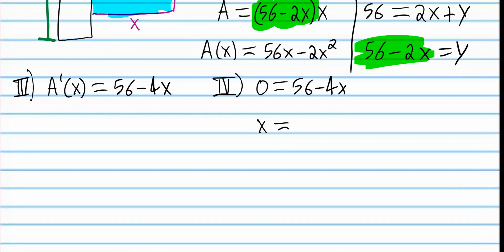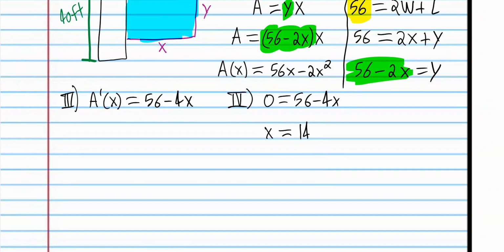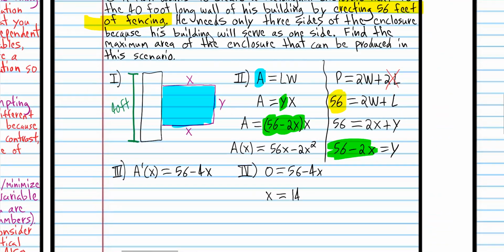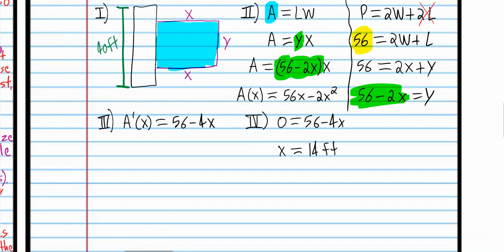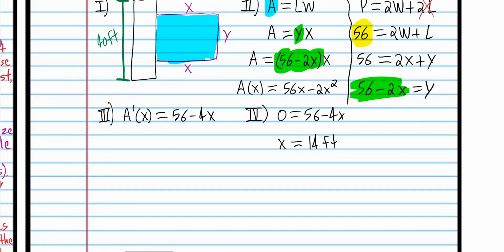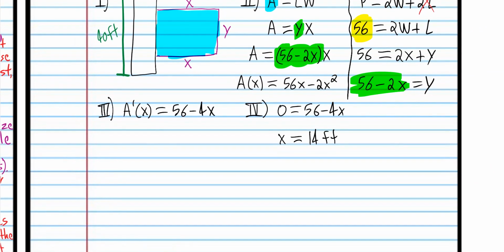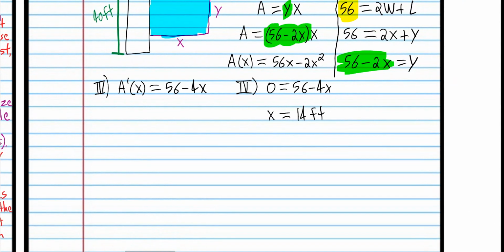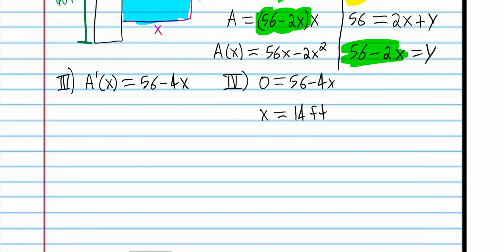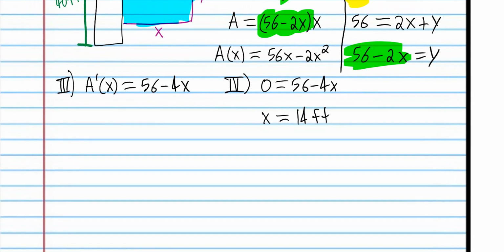So that's going to be 14 if we solve that equation. And this is 14 feet. I don't think it's really necessary to write units at this point, but we just want to be sure that we understand what we just found. So this is actually the x value of the vertex of the parabola here. So now we rewrite our